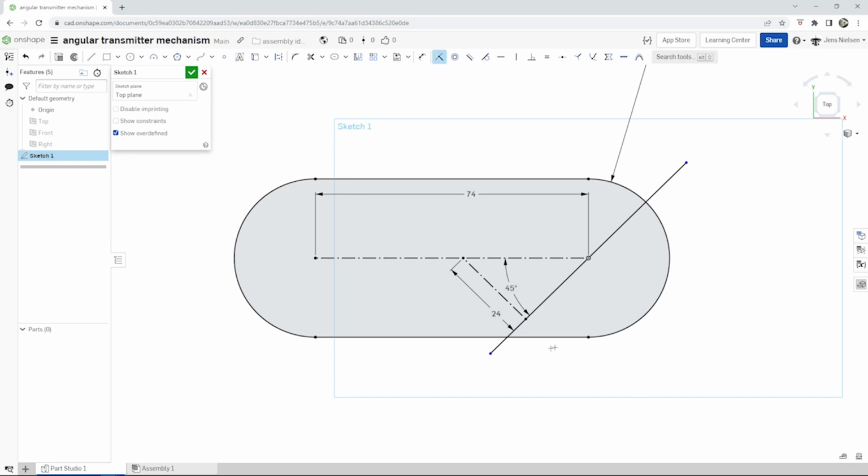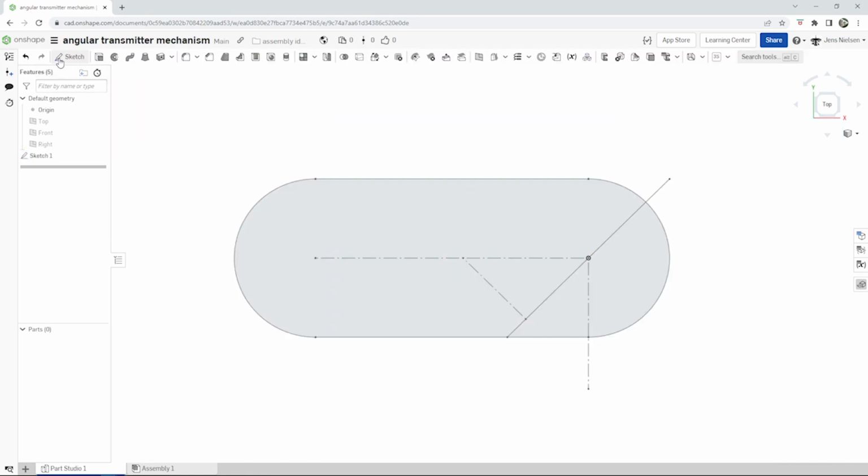And we can make that line coincident here, so everything's fully defined. We might need one more construction geometry here. I'll just draw a line here, make that like this, and go into the extrude